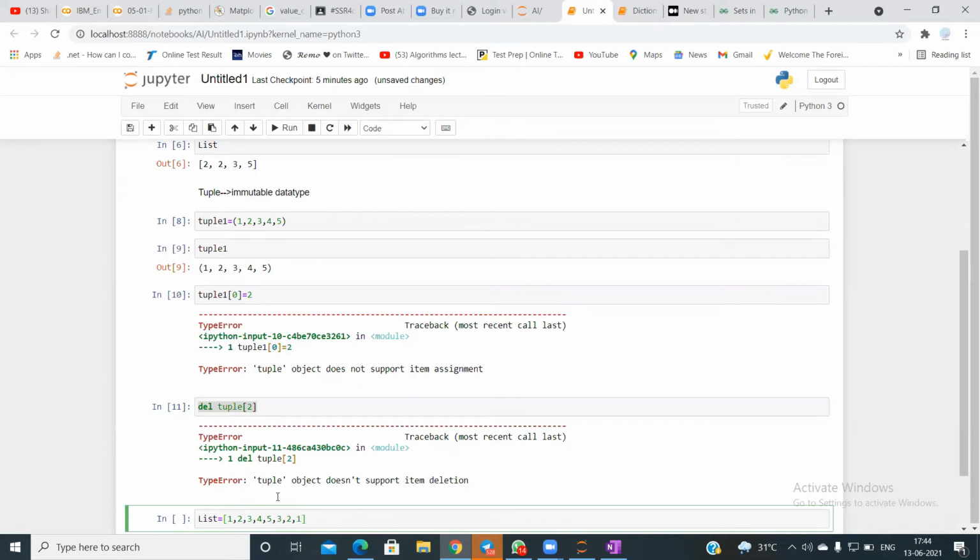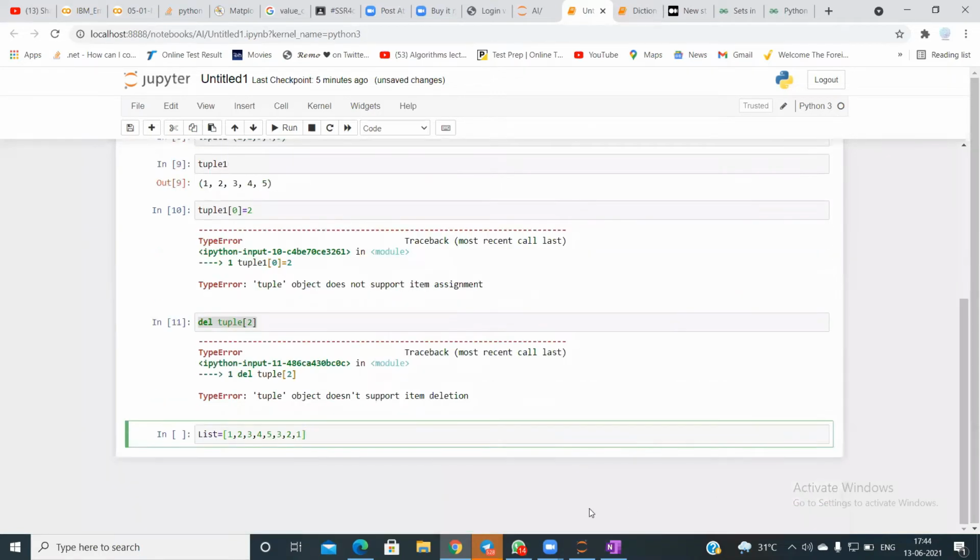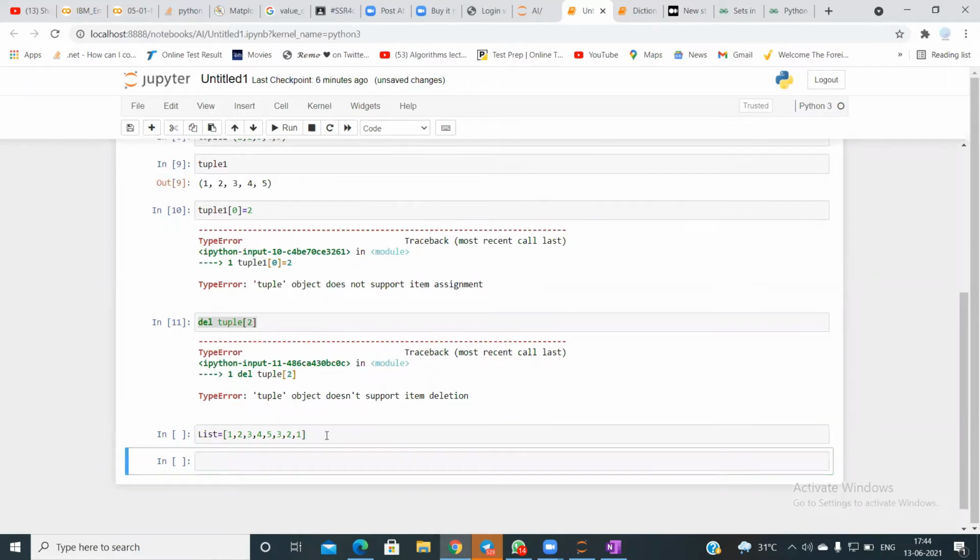Someone asked me, can you print the unique elements within a list? So how do I do that? You just convert this list into a set. So simple.